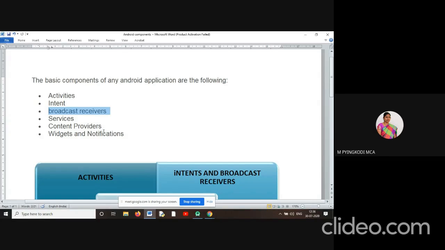There are two types of services: started and bounded. In started services, once you start a service, it will run.